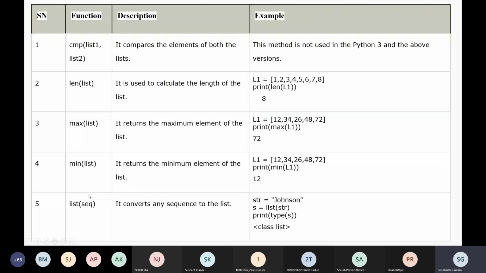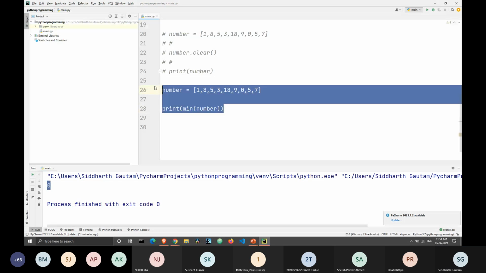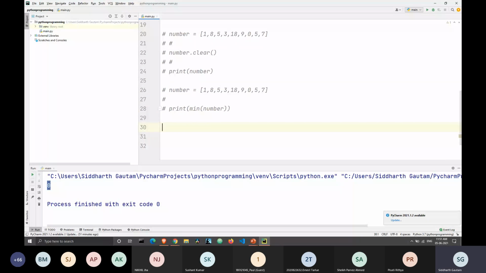And let's take a look at the final function, which is list of a sequence. This is a little different. What's happening here is that it will convert a sequence into a list. What we mean by a sequence here is a string. So let's take a string by the name of, let's say, XYZ, and XYZ is equal to, let's say, Python.